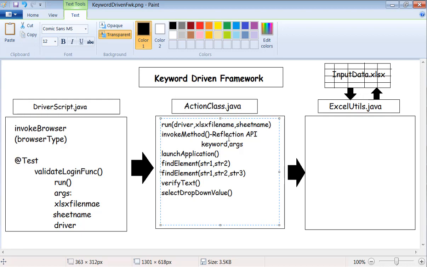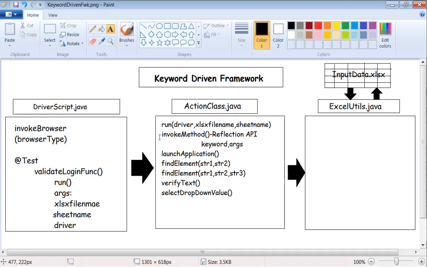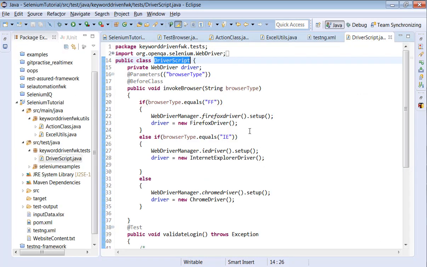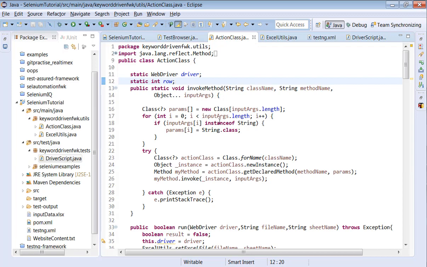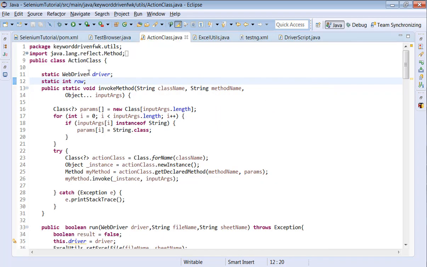I will try to put a breakpoint and debug the logic to explain this framework very well. Now, once we complete the action class, I think we'll have one or two methods, but anyway, let's get into the action class now. Let me save this. Let's go back to the logic now. Actions class. I will try to show you the quick outline of the action class. Select the action class.